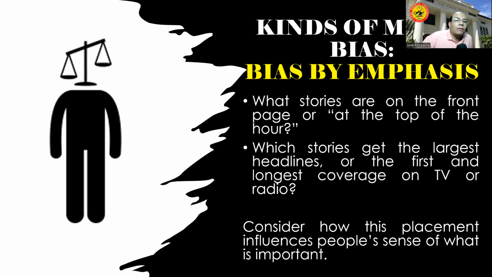That's bias by omission. The same goes with bias by emphasis. With bias by emphasis, you are intentionally removing other unnecessary and unimportant pieces of information simply because you want to emphasize what is beneficial, what is in to the public. So you ask the question, what stories are on the top page or at the top of the hour? Which stories get the largest headline, first and longest coverage on TV or radio? If you want to talk about bias by emphasis, you have to consider how this placement influences people's sense of